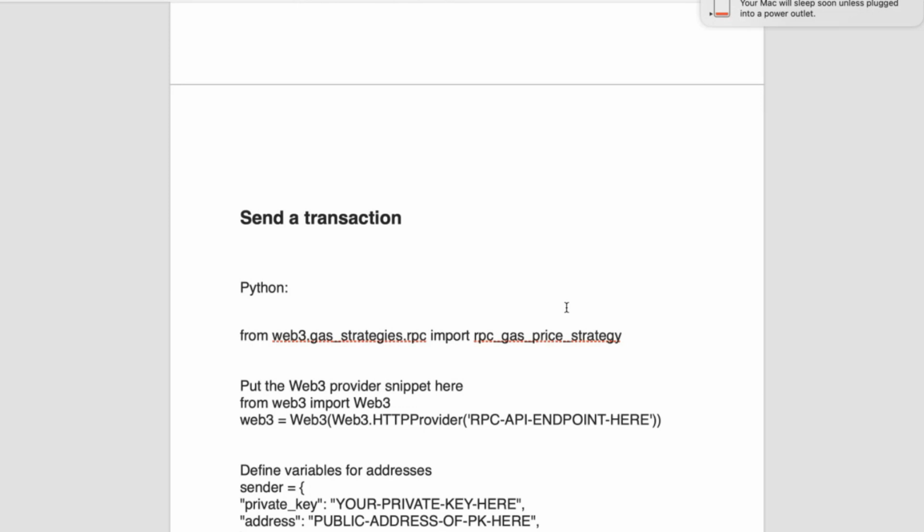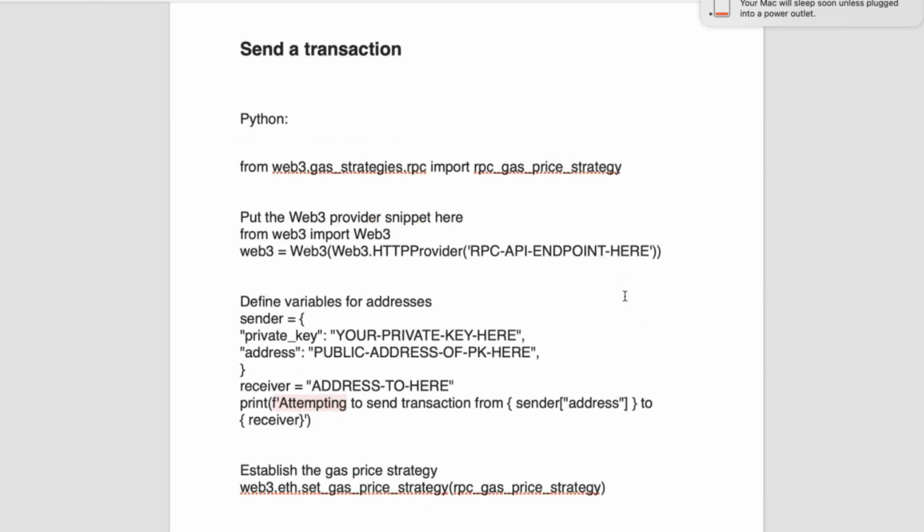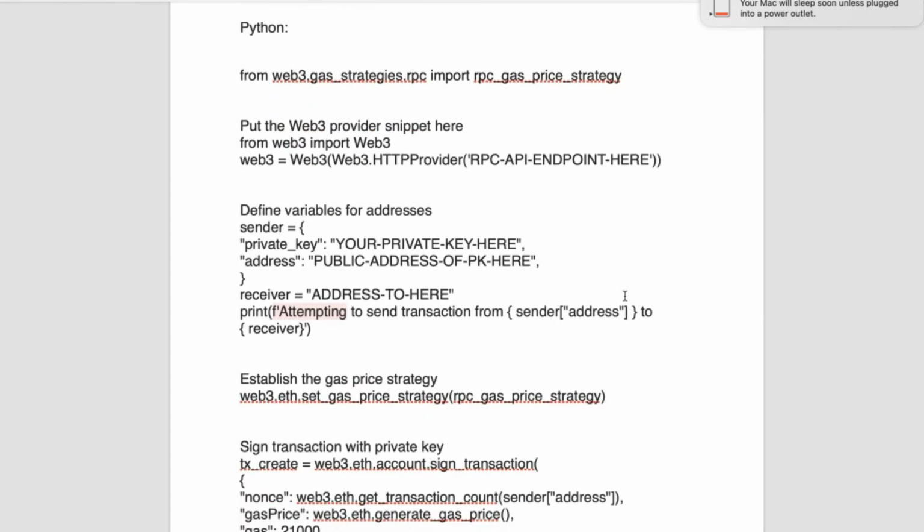And within this file, you will import the RPC gas price strategy to obtain the gas price for the transaction. Then you will establish the Web3 provider, define the sender and the receiver variables, including the private key for the sender account. The next thing you'll do is establish the gas price strategy using the getGasPriceStrategy function, and create and sign the transaction